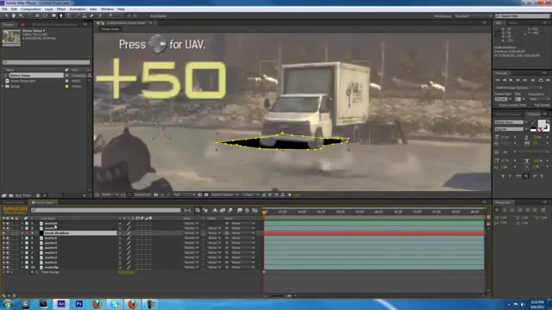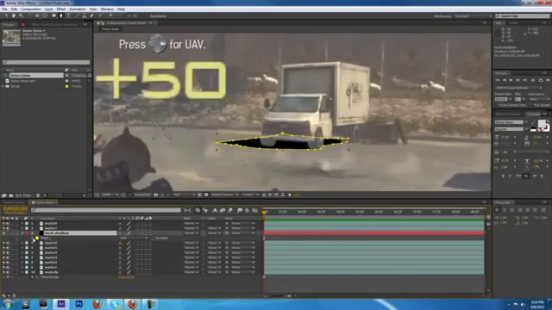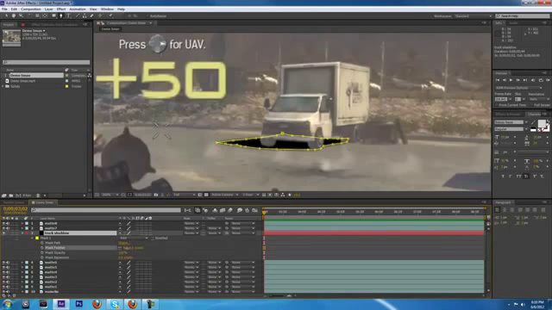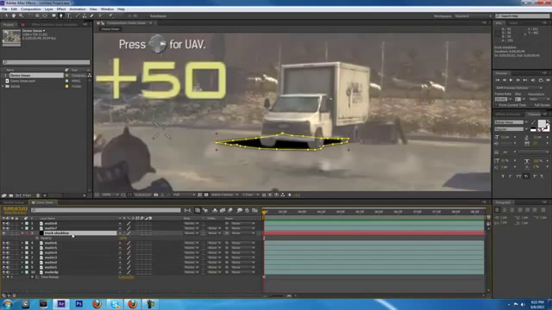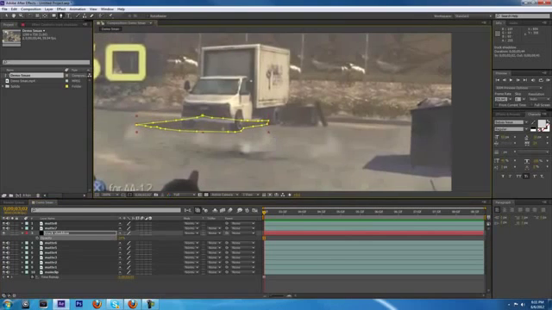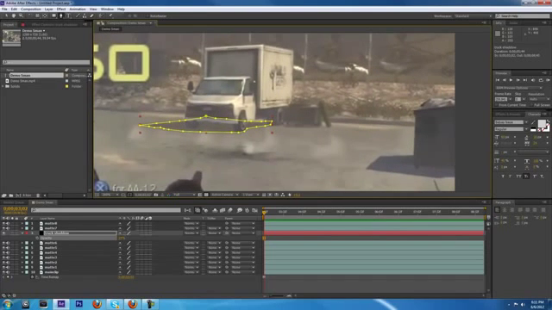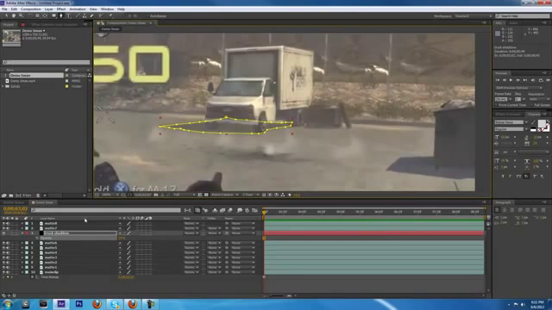Click on it and click M to go to the mask tool, and let's change the feather up to maybe 4 or 5, and then you can click T to go to opacity, lower that so that it matches with these other shadows. And actually on your solid, you'd probably want to, when you go to